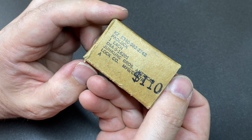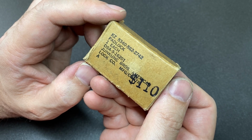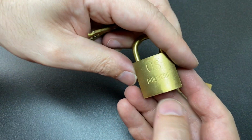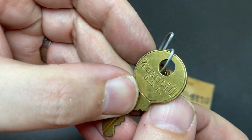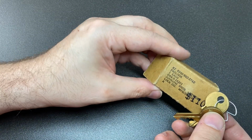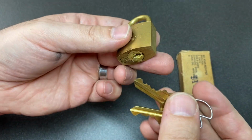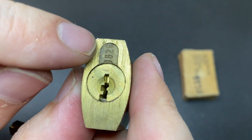Hello again, it's Noob, and in here there's a really cute military American lock. It's a very old style American lock because it just says American USA, and very cute indeed. It's all brass, anti-spark. It's got a really nice